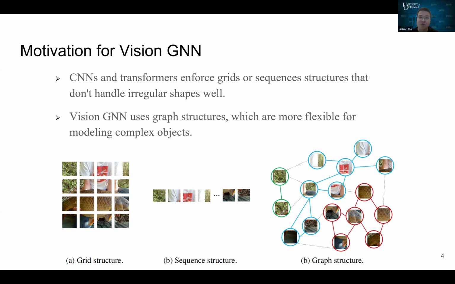The recent vision transformer, or MLP, treats the image as a sequence of patches. For example, ViT divides a 224 times 224 image into a number of 16 times 16 patches and forms a sequence with length of 196 as the input. Vision GNN addresses these limitations by representing the image as a graph, where the structure is